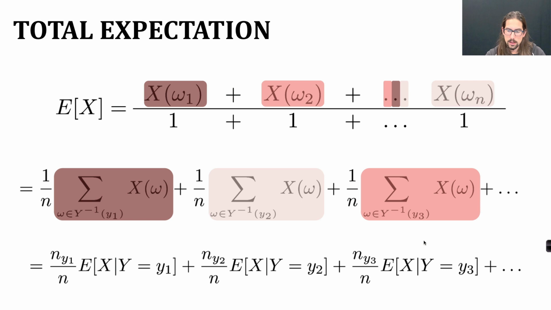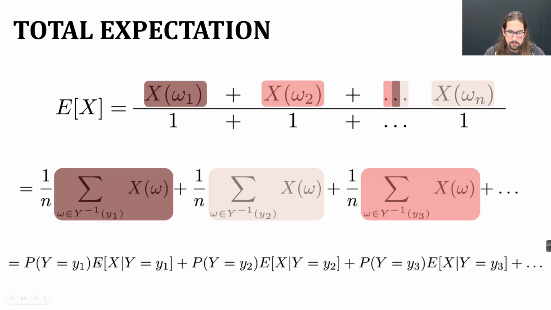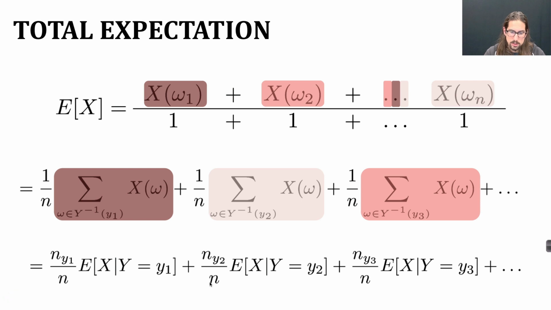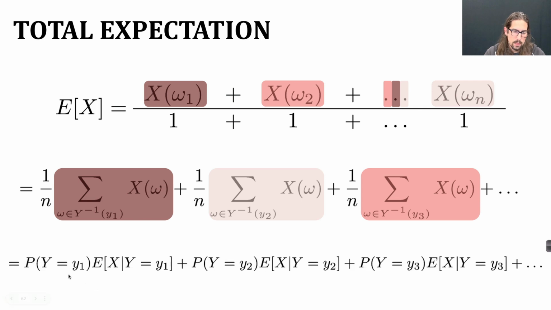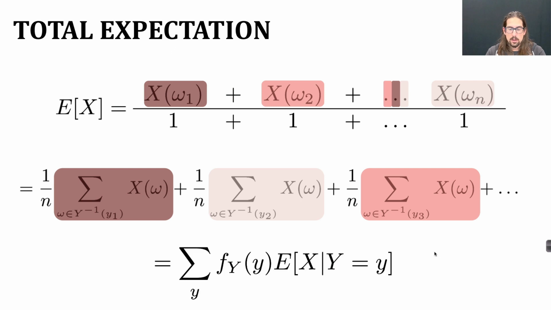And now we just have to recognize that these things here, the ny2 over n, ny1 over n, this is how many people have y equals 1 out of the total population. And that's just the probability that y equals 1. Similarly over here, probability of y equals 2. So what we have is the probability that y takes some value times some function of y, okay? And then all added together, which